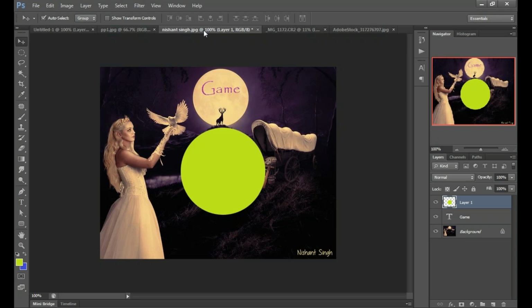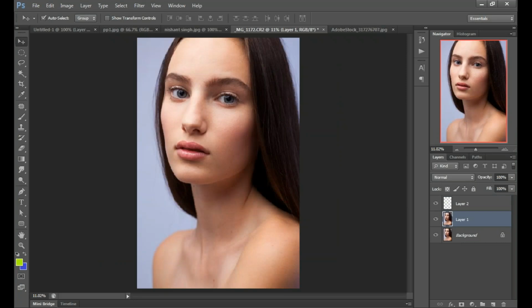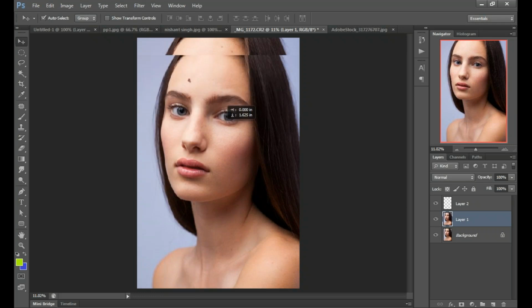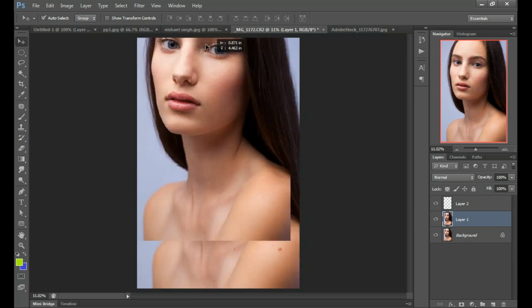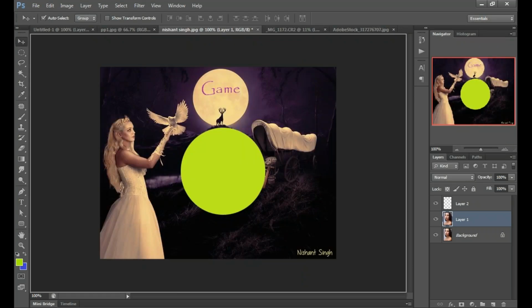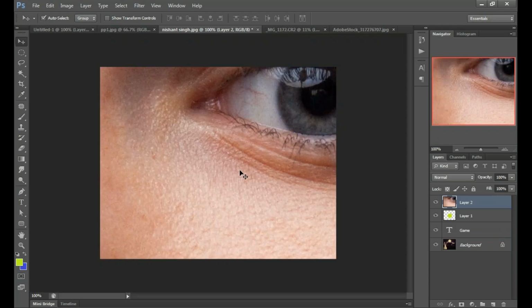But don't leave your object on the top of the document. Drag it to the center. Like that. We picked this image, moved it, brought it to the center and left it. Actually, the image is very large compared to our previous picture, so we can see only the eyes.